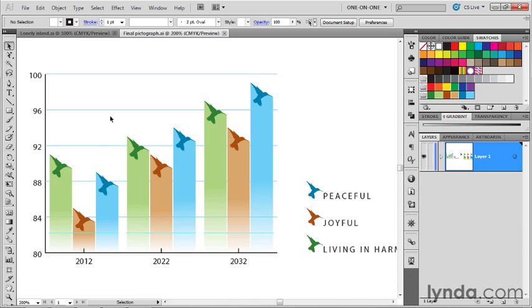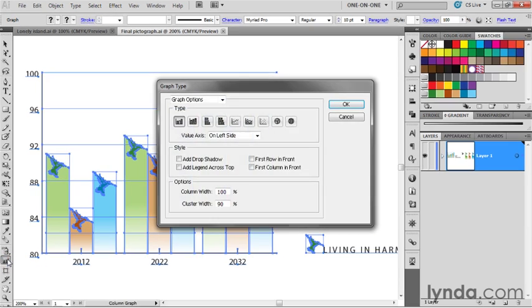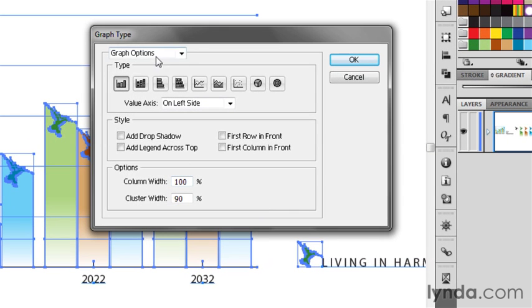So my graph has already been messed up by Illustrator's various automated changes, so I might as well really get rid of those tick marks by clicking anywhere on the graph to select it with my black arrow tool, and then I'm going to double-click on the column graph tool or any of the graphing tools down here in the toolbox. And I'm going to switch from graph options here in the graph type dialog box to value axis,